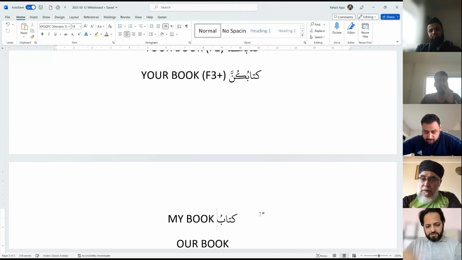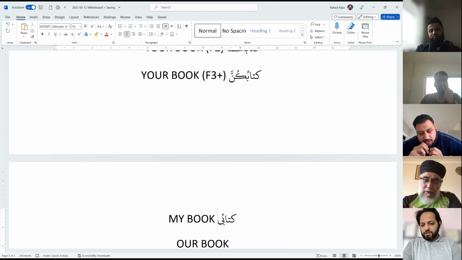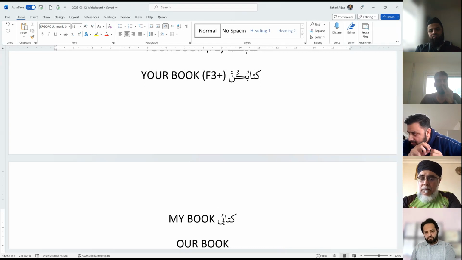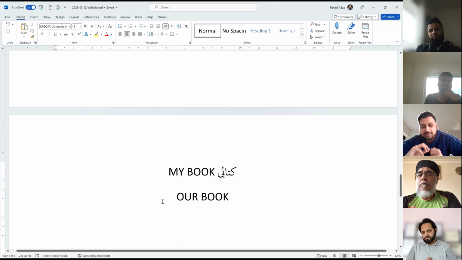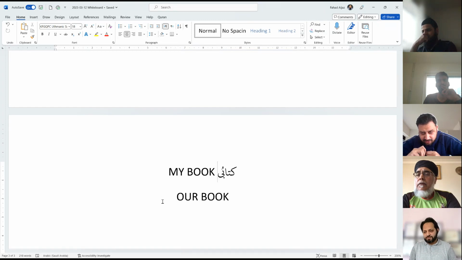So one must think, is it ni or is it just ya? Kitabi, Rabbi. Because ya is used in a jar form and you need a jar here. Ni is for the nasab form, so you would leave it out. So kitabi. Now the problem here comes. Can you read this word, kitabuyi? Does it sound normal to you? No. Imagine the amount of effort Arabs want to put in their language. Would this really rhyme?